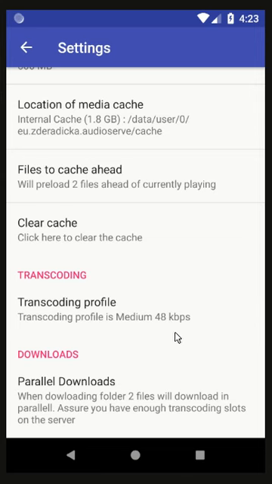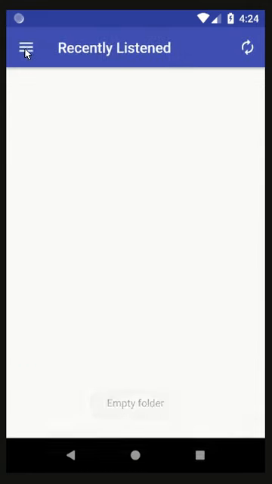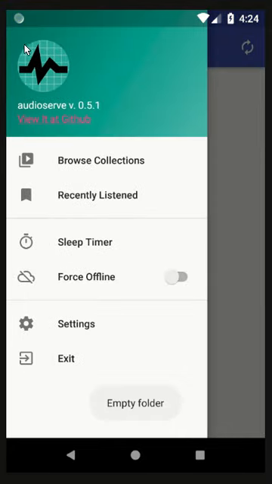bandwidth and also time. We can also download the whole file or audiobook into the cache, and we can have parallel downloads to speed it up, but we have to have enough transcoding slots if we are downloading a transcoded book. So if we are done with settings, we can go to the application and browse collections,